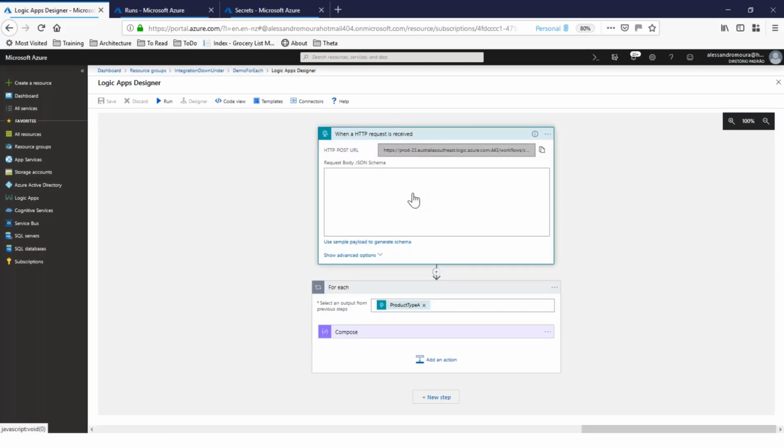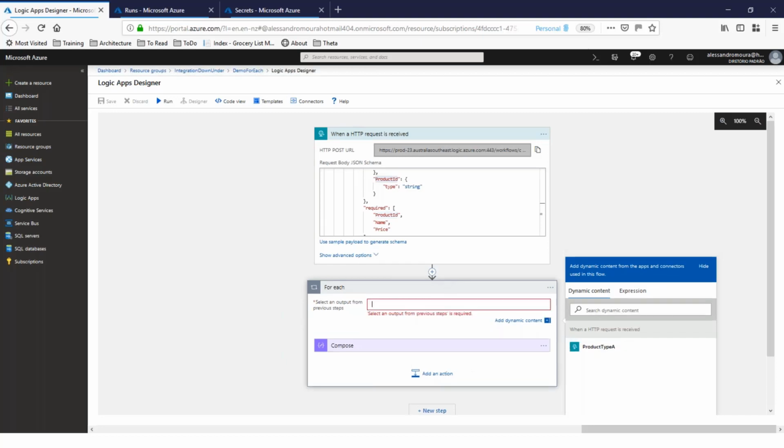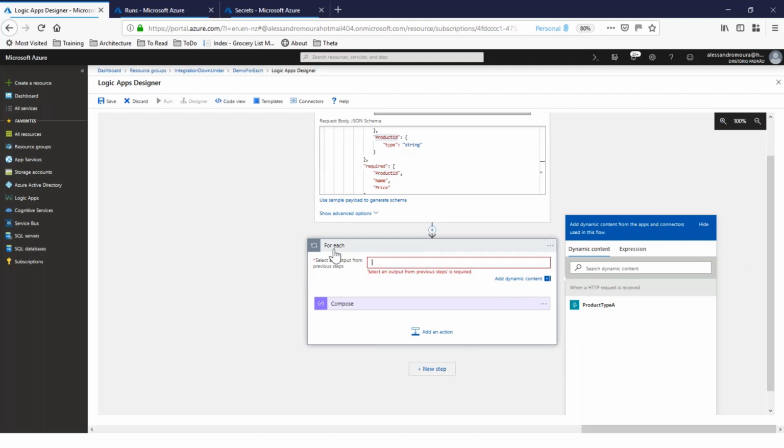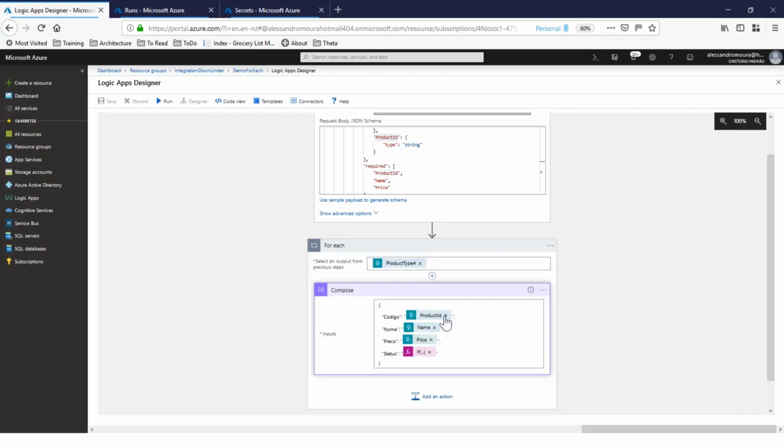Okay, so basically what I have here again is an order, and then I have an array called products with these fields: name, price, product ID, and so on and so forth, right? So if I want to do a for each, I'm going to specify, let me delete this. So I can specify here to do the for each, the array that I have inside this trigger, the product type A. Before,